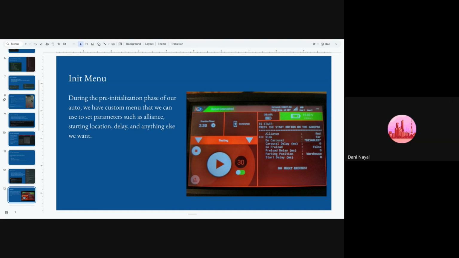So yeah, this seems really cool, but I'm just wondering how relevant this is going to be this season, because there's not really a lot of changing factors other than which alliance you're on. So I think what my team will do is just have two separate autonomouses, and I'm not entirely sure how necessary this would be, but if you think, yeah, just